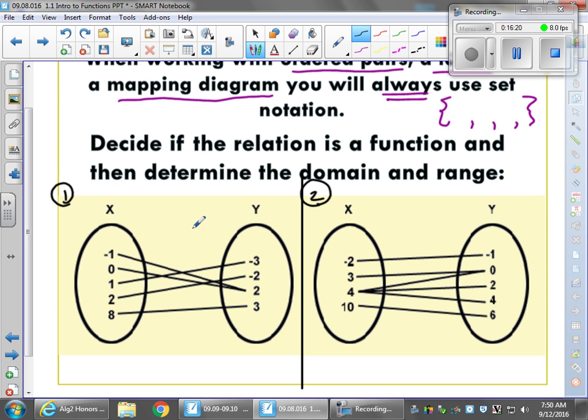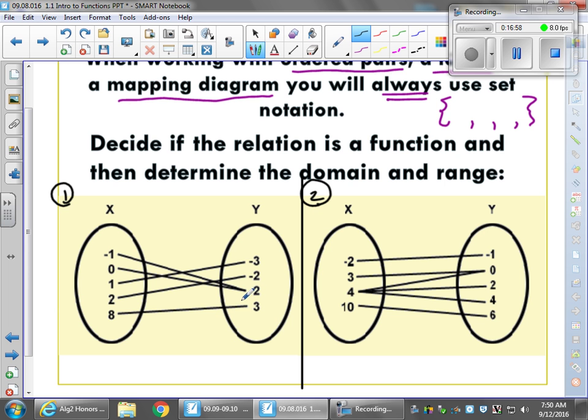I hear a vote for yes. What do you think, Jasmine? What's causing you to pause on it? Yeah, the fact that -1 and 0 are going to 2? Very good. So this is okay. Imagine that these points represent you guys. Can 2 of you have the same A period class? Yes, that's fine. In fact, all 5 of these points could be sent to 2,